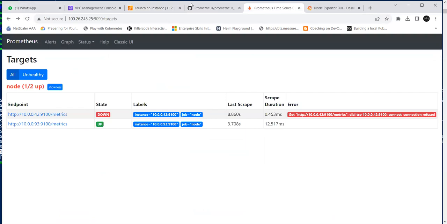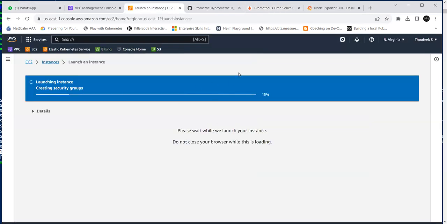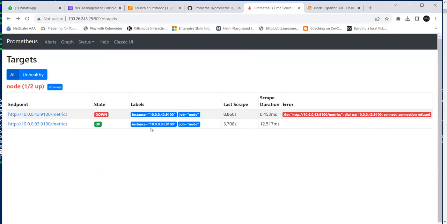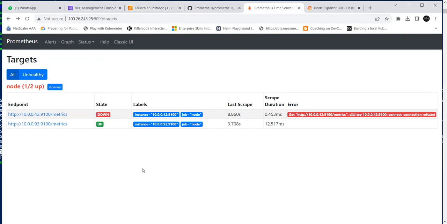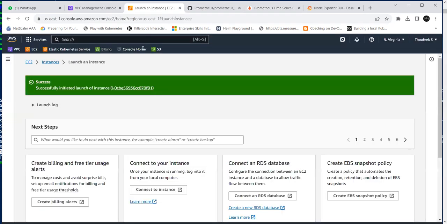So when the machine is up and running, Prometheus automatically fetches the machine details, not full details. We didn't get the metrics because we need to install the node exporter for Prometheus. Okay. So the node exporter is like an agent. It will collect all the details from the machine and send them to Prometheus. So our machine